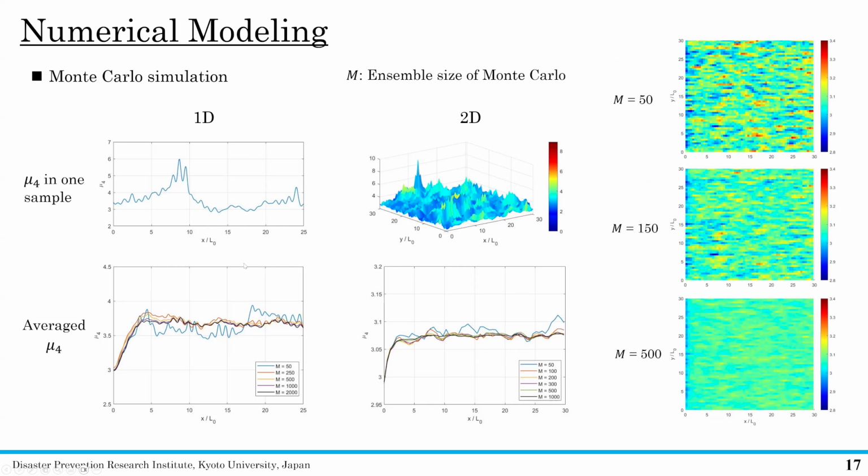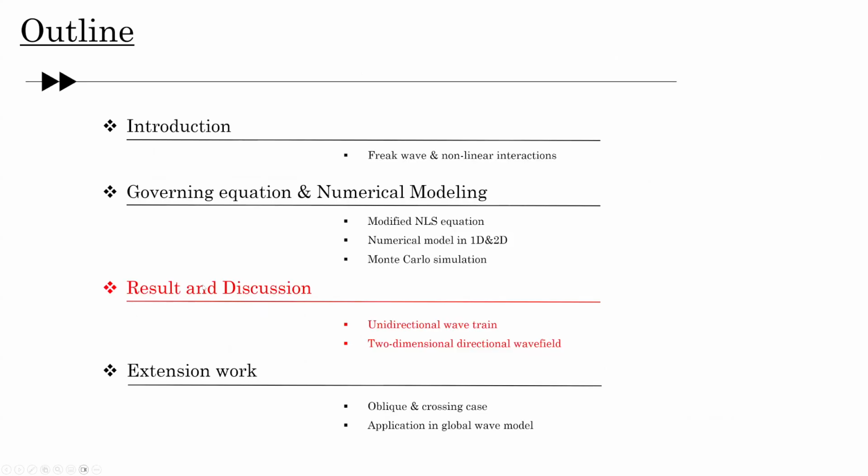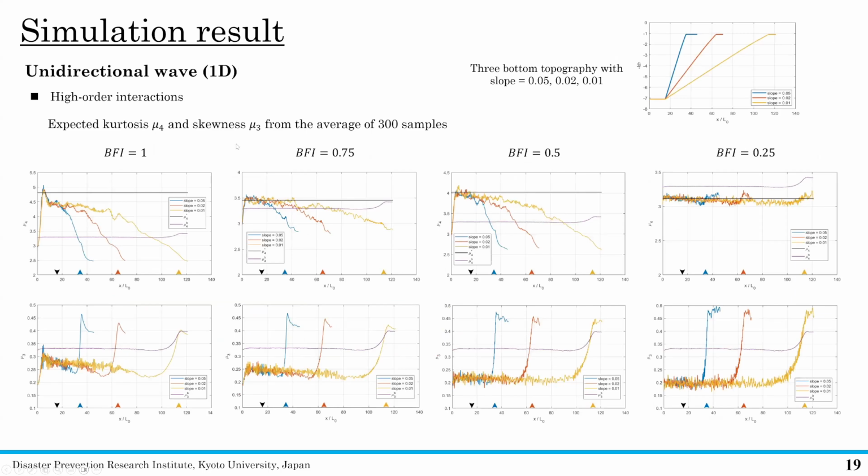Yeah, and this is the 1D result, and this is 2D, and this is the result in 2D and in 1D. And there's also a result about the kurtosis, mu4, and then we just directly see the result. First is the 1D result, and different BFI means different spectral bandwidth, and we tried 3 different bottom topographies with different slopes, from a very steep slope to a very mild slope. And mu4 we can understand directly as